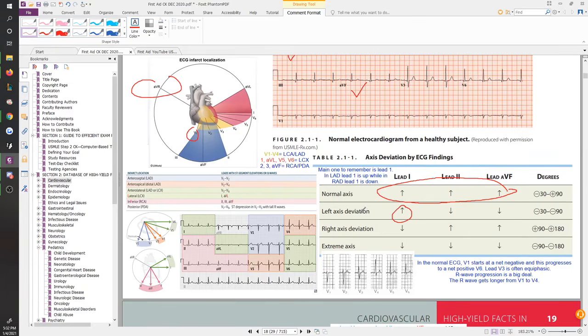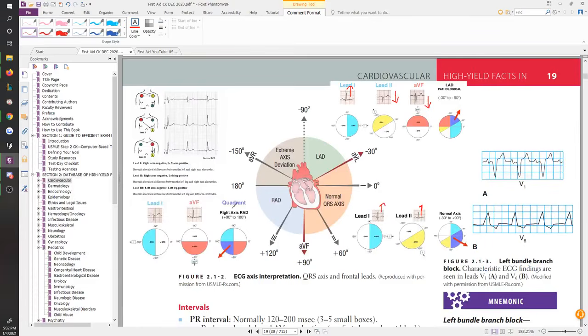Same simplicity for the right axis deviation as well. What happens in a right axis deviation is your lead 1 is actually the only one pointing down. Okay, so if I keep to the same circling, then yeah, those two guys are pointing up and lead 1 is not. So let's take a look at the right axis deviation. That's this image over here. They show you in comparing to normal. Remember that in normal, lead 1 had the blue area on the right side. Now you can see it's the opposite. The blue area moved over to the left.